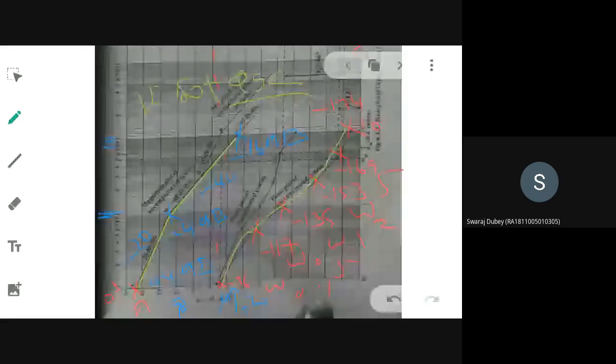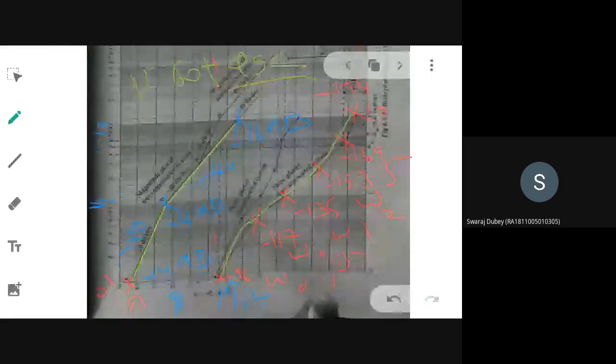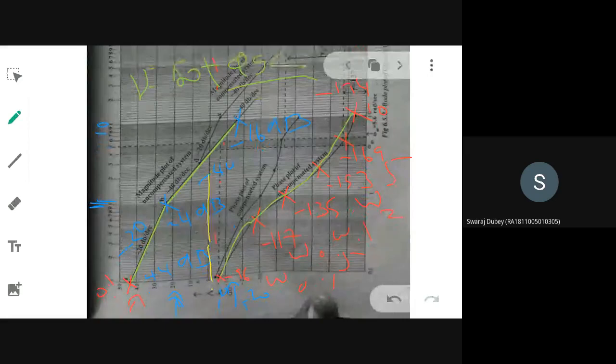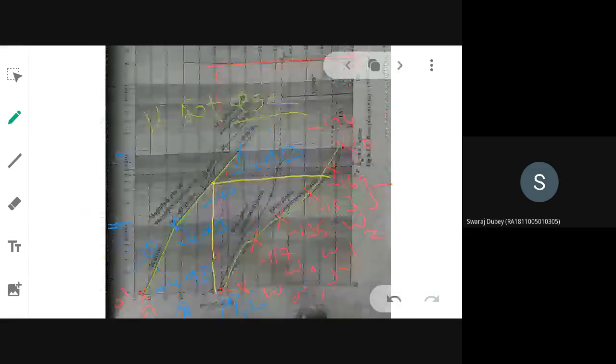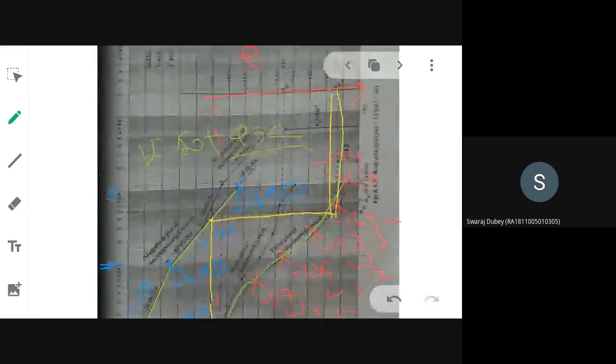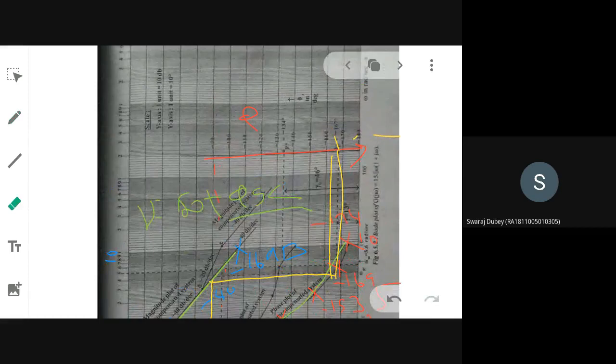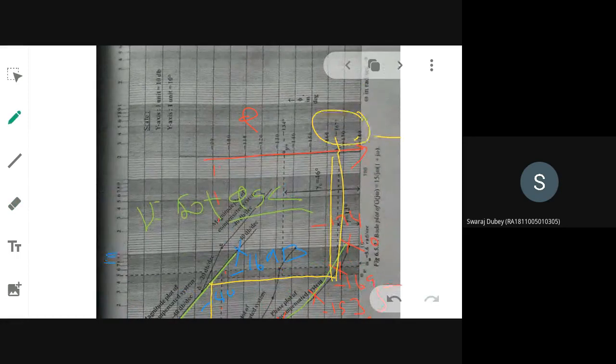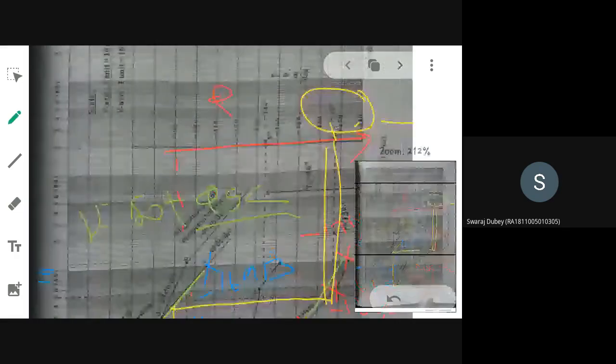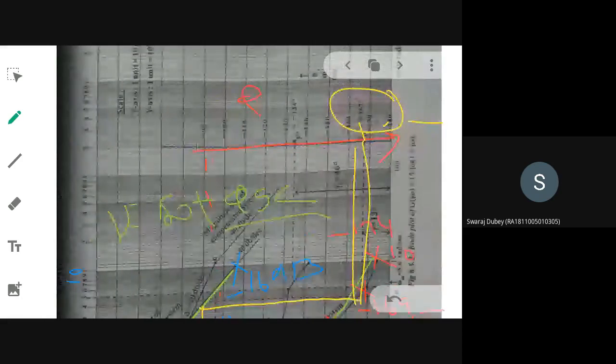Here is your 0 dB. You extend it so that it meets the magnitude plot, and extend it so that it meets the phase angle. Find out where you are having that phi GC value. What is the value they have got? Minus 167. So you substitute that in the gamma formula, 180 minus 167.